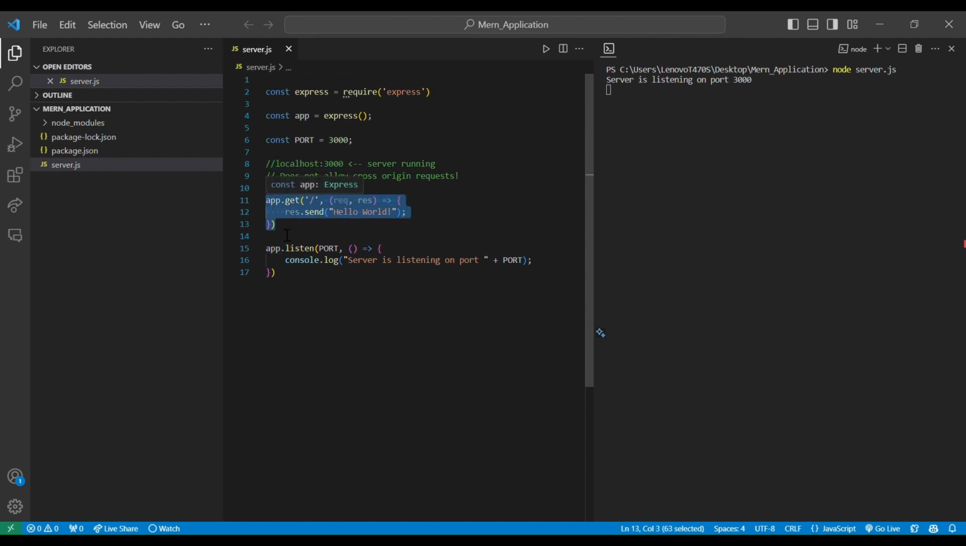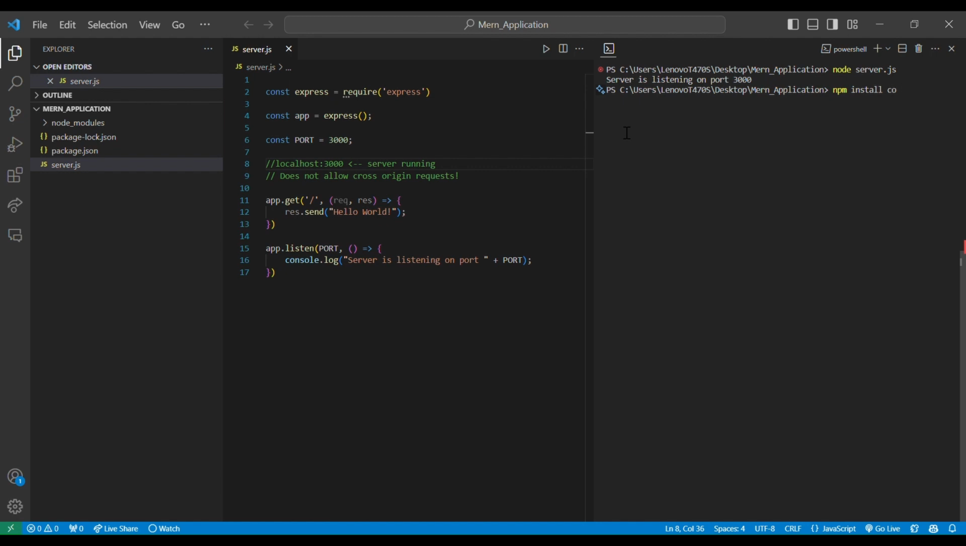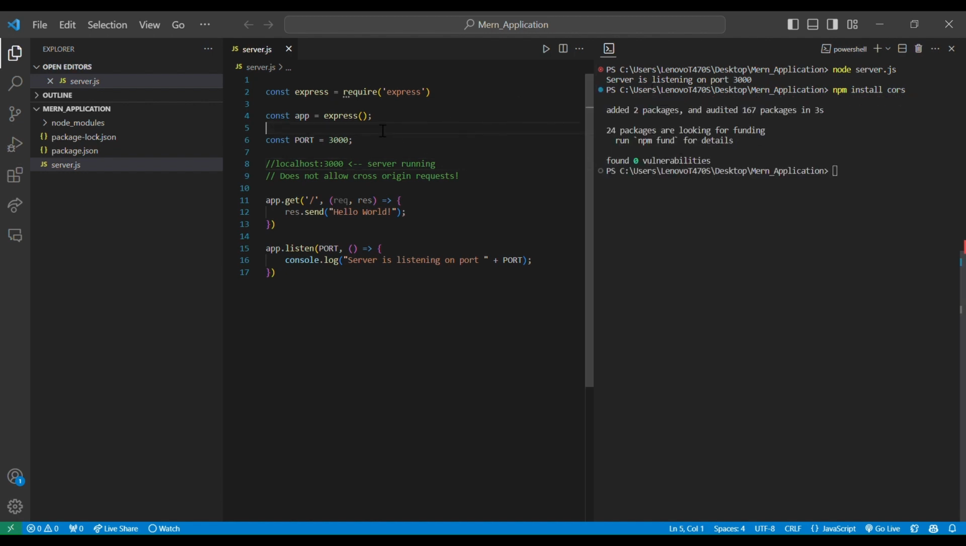We don't want that. We want to allow cross origin requests so we can access this API endpoint that we made, right? So for that, we're going to install another package. Press Ctrl C inside the terminal if your server is running to close the server and to open the terminal again. And then we're going to type in npm install cors. CORS stands for Cross Origin Resource Sharing,